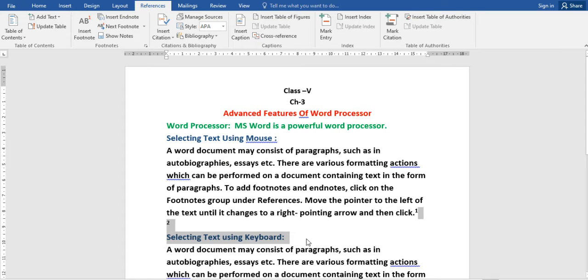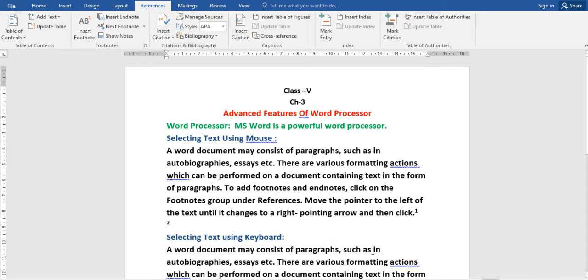Next is if you want to select a line from beginning to its end. Remember that, from beginning to its end. For this, first press the home key and after that shift plus end key. Okay, if you want the text from the beginning to end.